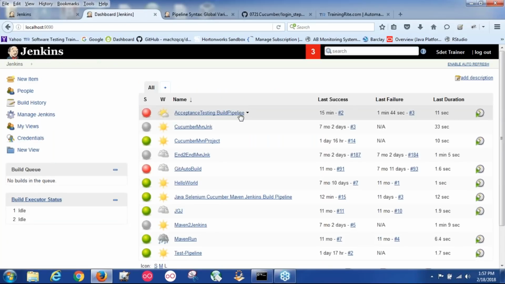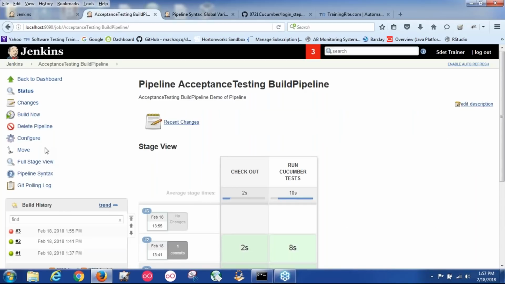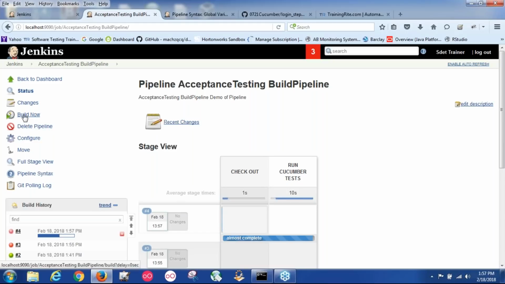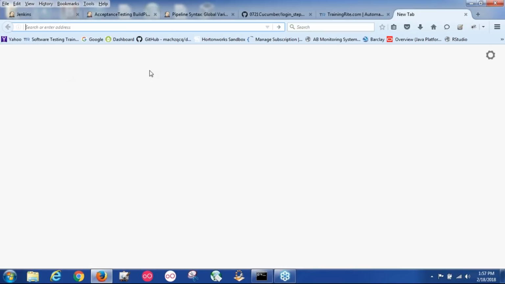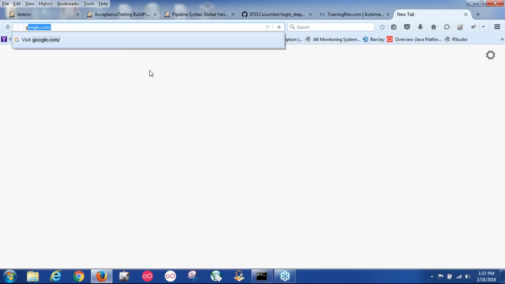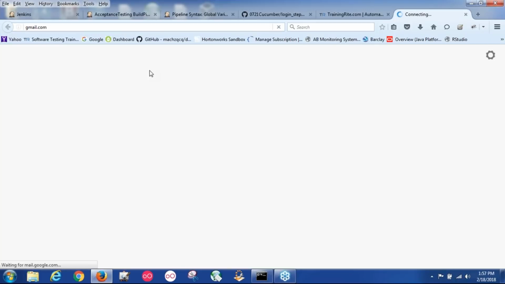So we come in here, acceptance test. This is the job that we are running. The third time it failed. So if I run that, it is running. It's not completed yet. Okay, so it did complete, and it completed with a success. Now I've got to see if I got an email. The email address that we used was TrainingRite. So if I go to gmail.com,